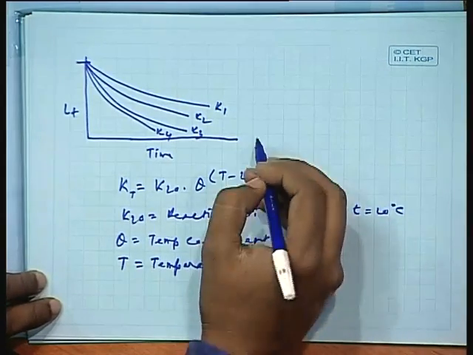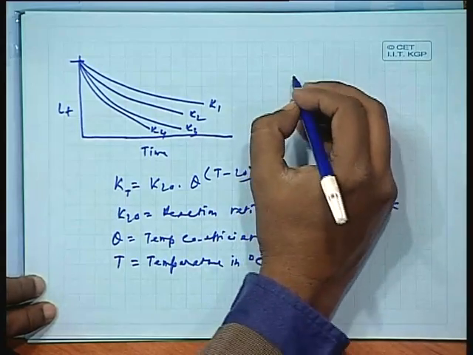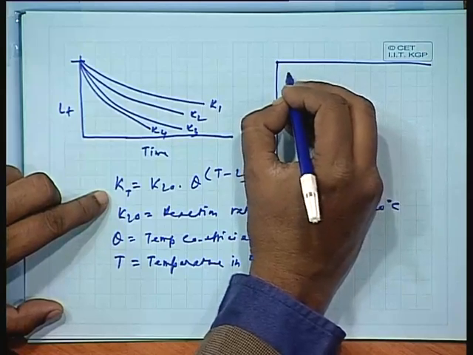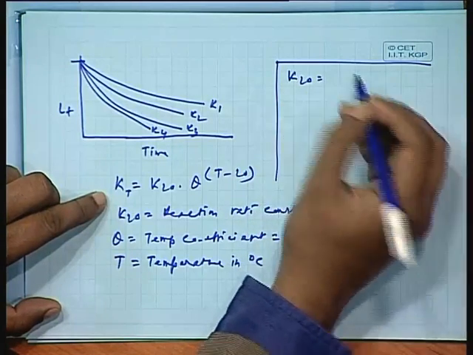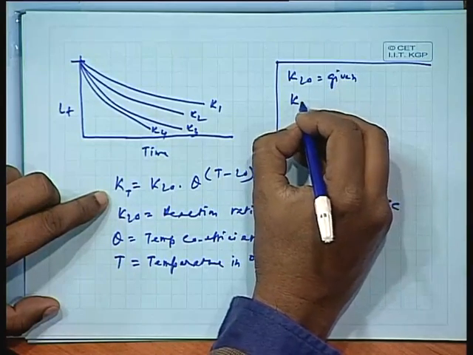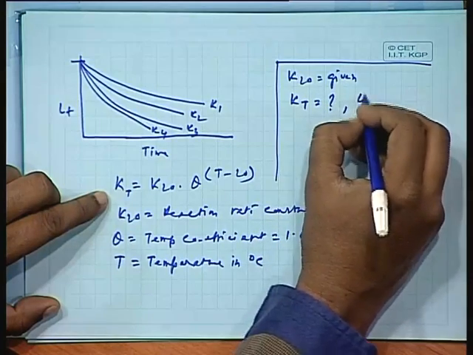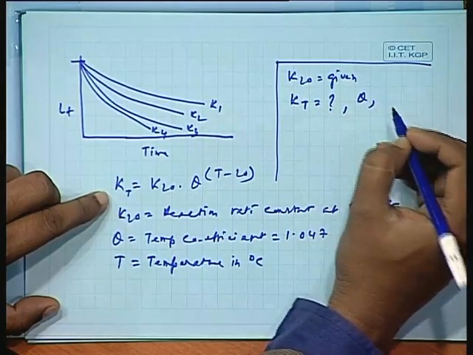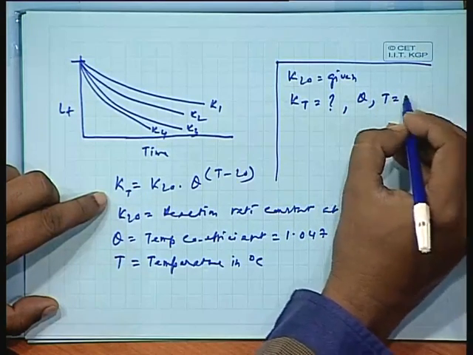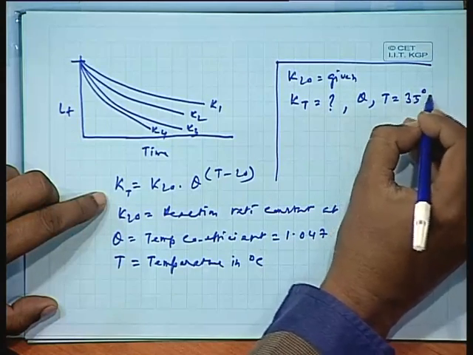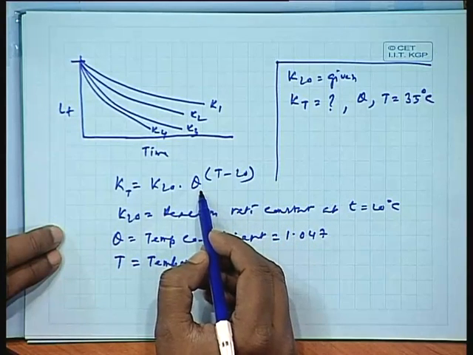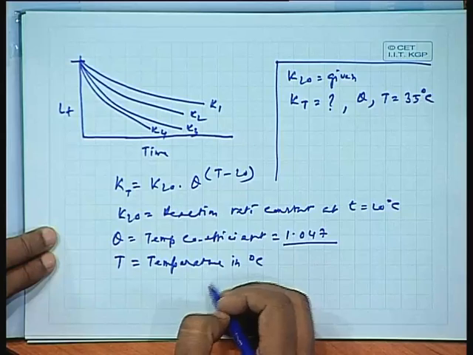So here, in most cases, suppose K20 is given to you, you can find out KT when theta is known to you, and the temperature T is given, say 35 degree centigrade. You can find this out. One important thing that can be seen here is, having said 1.047,